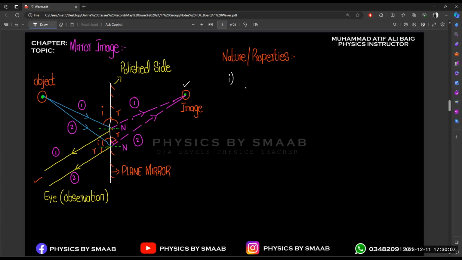We know that, and if you consider a real example of the mirror, when you stand in front of the mirror and move your right hand, which hand do you feel is moving in the mirror, right or left? The left one. So the mirror actually shows you a virtual image. Actually you are moving your right hand, but in the mirror it shows that we are moving our left hand. So that's why in a mirror you will get a virtual image. So the first property is that you will get a virtual image.